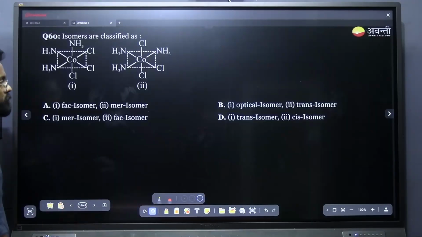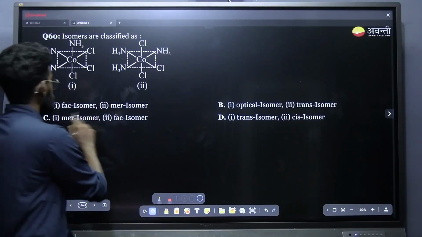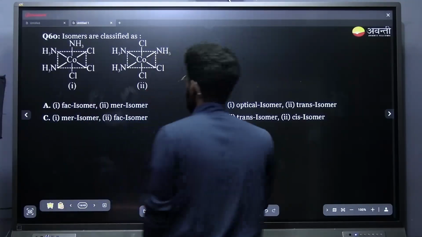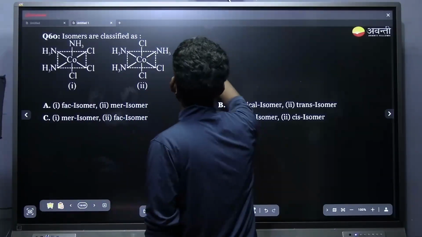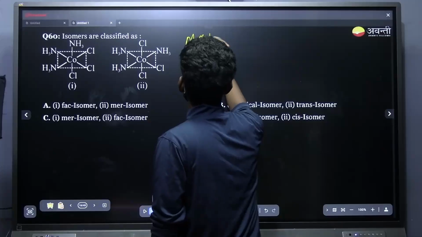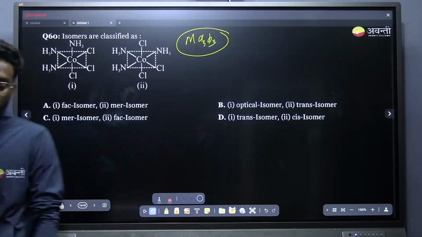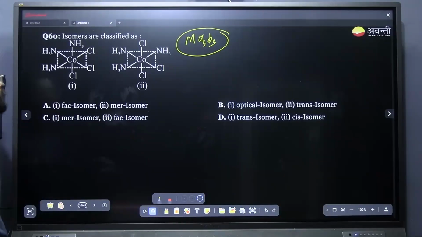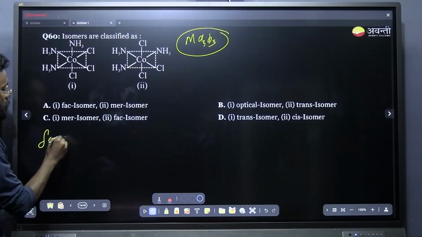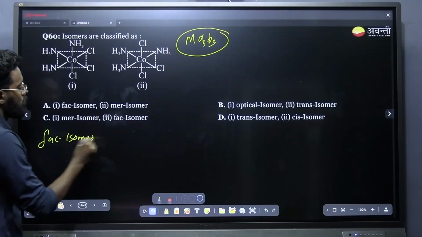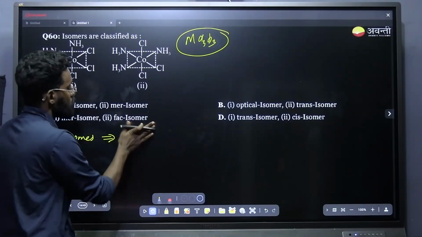Now this one, isomers are classified as which? Facial or meridional isomer. Facial and meridional isomers are shown by the MA3B3 type of complex. What is a facial isomer? Facial isomer means out of the 3,